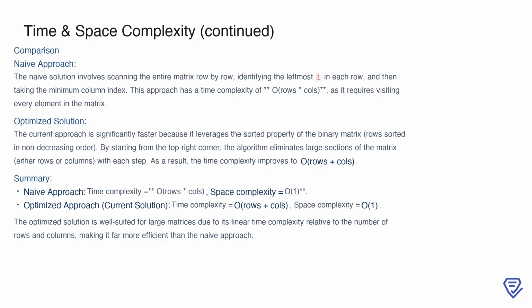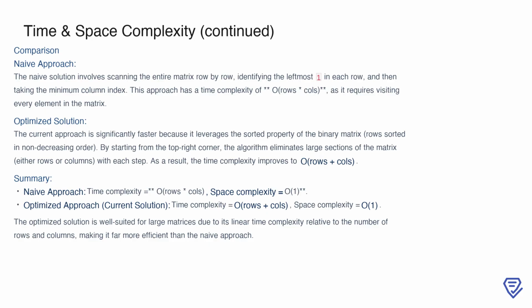The naive method involves scanning the entire matrix row by row, finding the leftmost one in each row, and tracking the minimum column index across all rows. This approach results in a time complexity of O(rows * cols), because every element in the matrix is visited